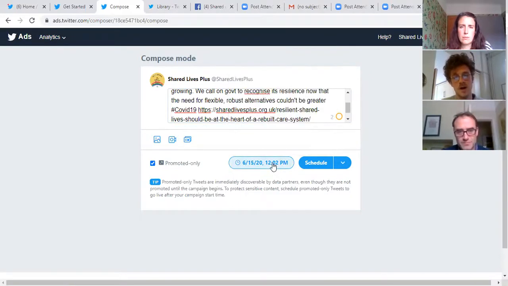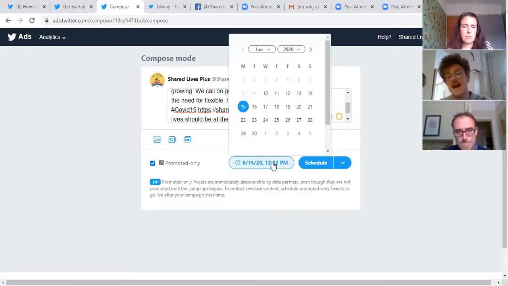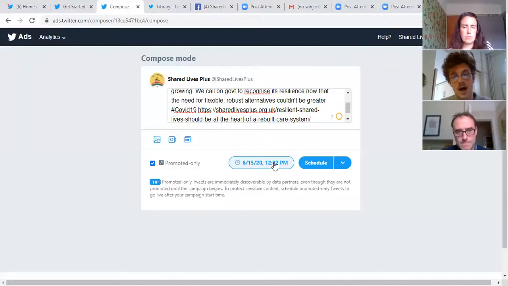just a bug. But I did do a test this morning, and the scheduled tweet did still work. So I scheduled it for 5 minutes in advance, and then I saw it appear on our feed. So the function to schedule is still working, but it looks like the ability to see your repository of scheduled tweets is very buggy at the moment.